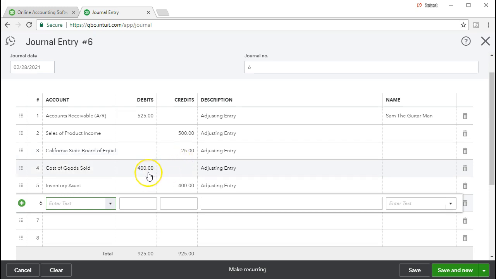And then we have the cost of goods sold, which is the expense related to us consuming the guitar. So you can think of the income statement accounts as being the sales and the expense. So this went up in terms of revenue. This is an expense that's going to go up. The net of the two is going to be the net increase, the net income, which is going to be what we got for it minus what we purchased it for of the 400. It's a debit balance because it's an expense and it only goes up in the debit direction, so we're increasing